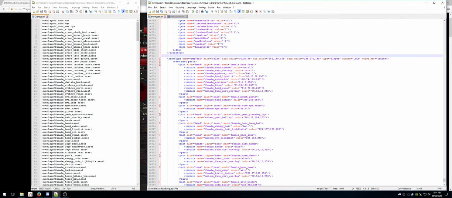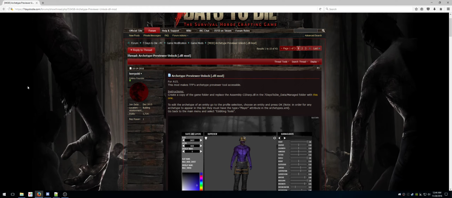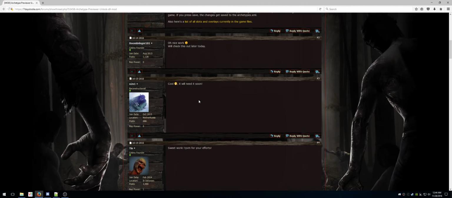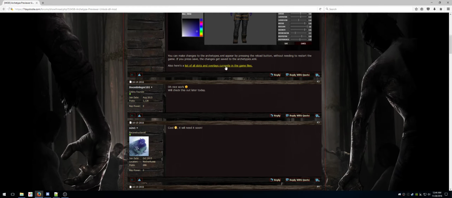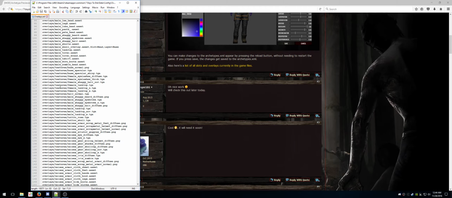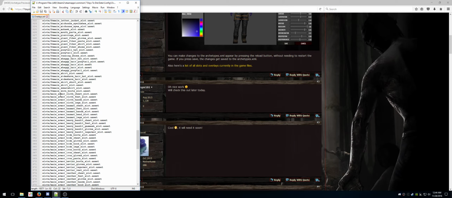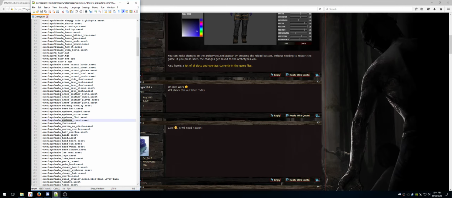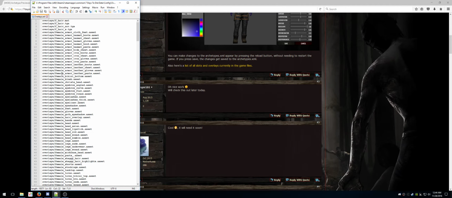the stripper. So now when I go into the game, one other file I keep open is this overlays file. This is somewhere in this post. Here it is, right here. List all slots and overlays in the current file. And basically it's a list of everything that we can use. The thing is this is really tricky to use, and you never know what's going to work, what's not going to work, and where it's going to work at. So anyway,